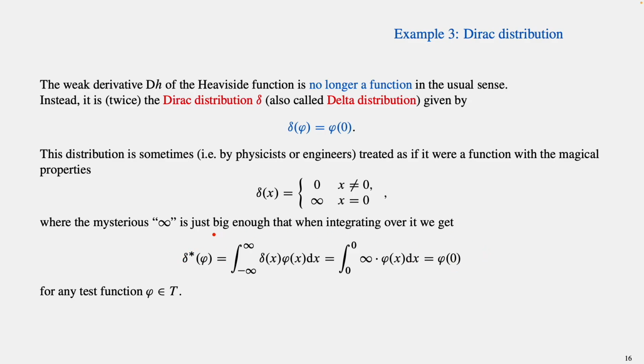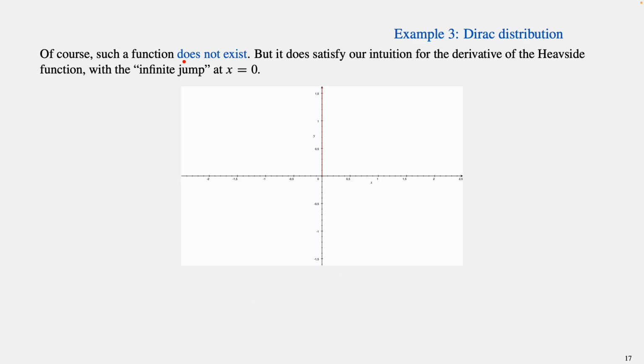Now, as I said, this is all to be taken with a grain of salt. Delta is not a proper function, so this is some hand-waving intuition that we have here, but it's not actually a proper formula. So be careful when you write something like this down. Such a function delta does not exist, so it is a generalized function that is not a proper regular function. However, this intuitive picture is satisfied if we think of it as 0 everywhere, except at 0 where we have this infinitely large jump. So that satisfies our intuition that we had for the Heaviside function, where we had to have this infinite slope at x equal to 0, where we jumped from -1 to